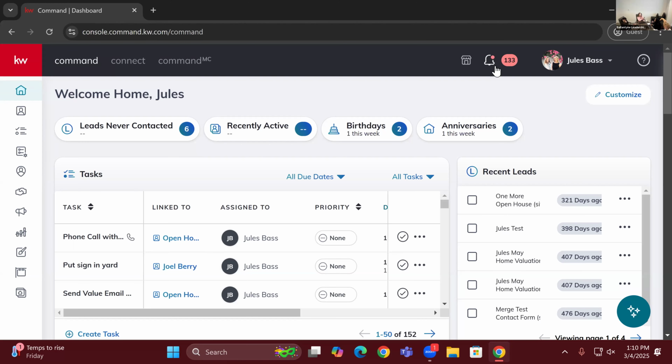Yeah, definitely. It's up by your name at the top. Clicking in, and then share my KW app link. Then text message would probably be the most prominent way since it's a mobile app. It gives you a little message, but this URL is branded to you, so when they log in or sign up on the app, that's what will allow the lead to go into your command account. So that is the best way to share the app.